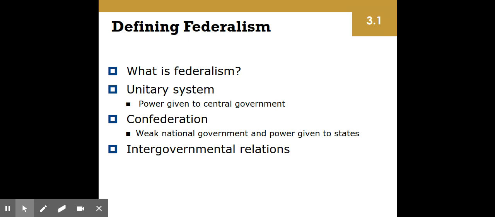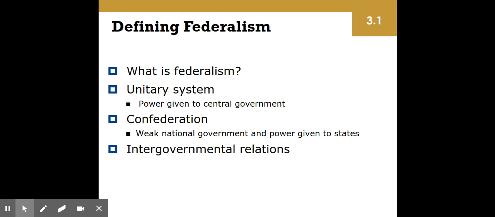Confederation is a loose alliance. It's a weak government. And an example of this would be the Confederate States of America. The president of the Confederacy, the illegal government that they had, Jefferson Davis, had a hard time getting, for instance, governors of the states to go along with anything. When he would ask for troops to help protect the capital in Richmond, Virginia, governors from the deep south like Alabama and Georgia basically said that doesn't seem like it's any of our business. So they would refuse to send reserve troops. So a loose alliance. And this is the system we had under the Articles of Confederation, which is why it didn't make a very effective government.